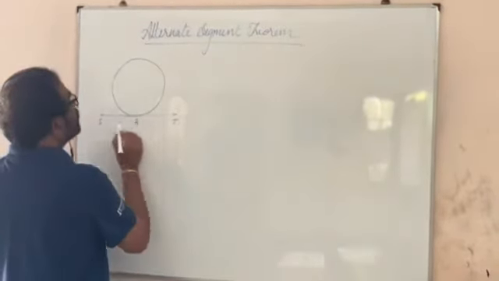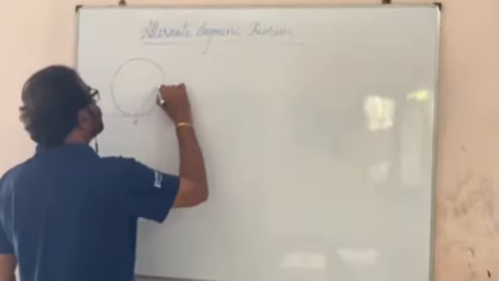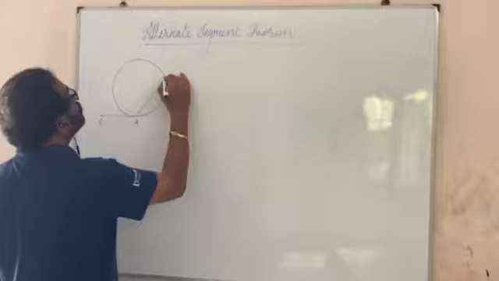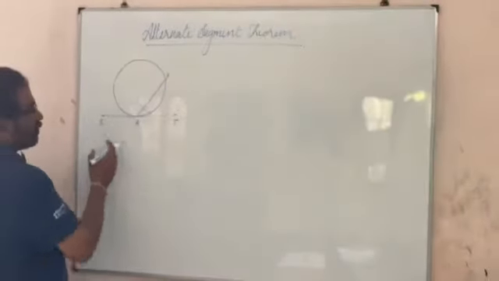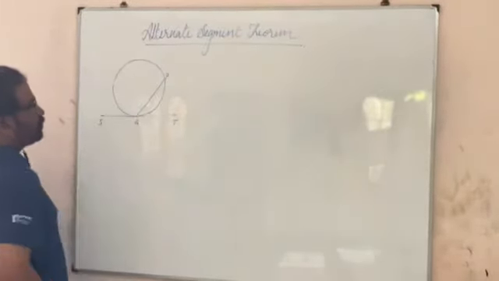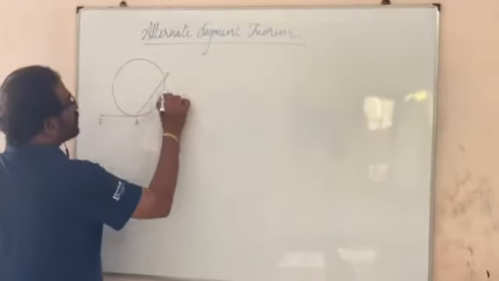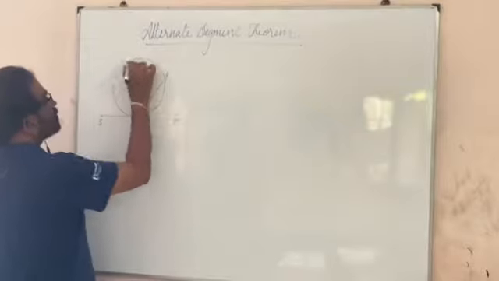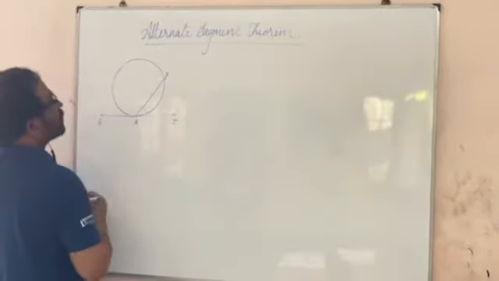From the point of contact of a tangent, I draw a chord. This is chord AP. When I draw a chord to the circle, this chord separates the circle into two segments. This part is a minor segment and this one is a major segment. This one all of you know. And this theorem